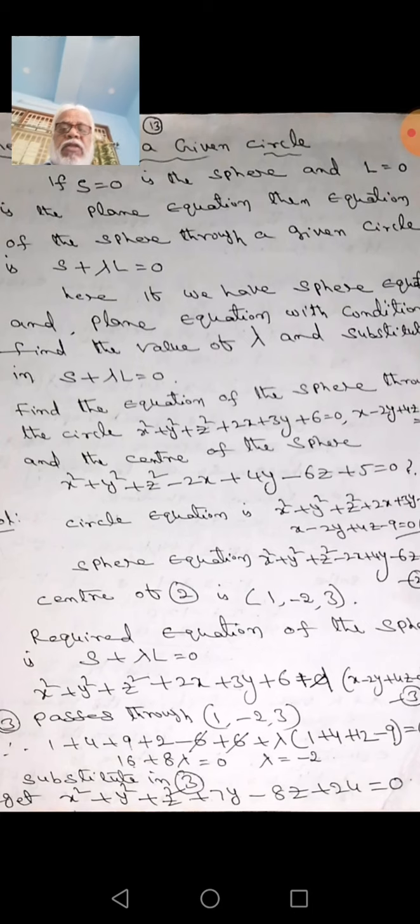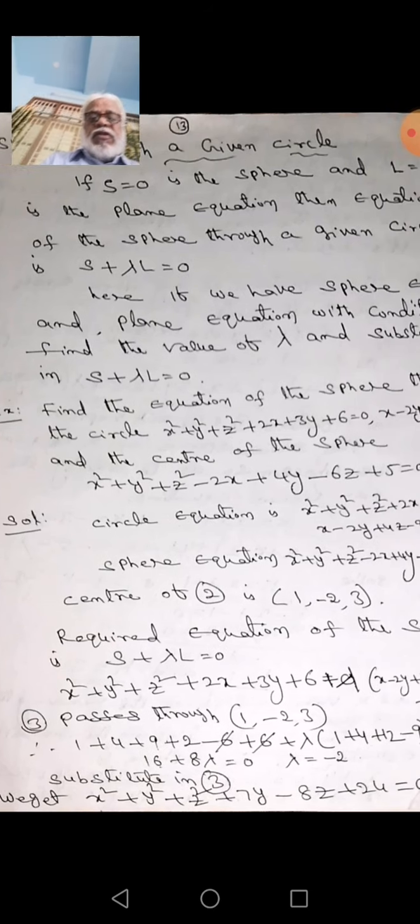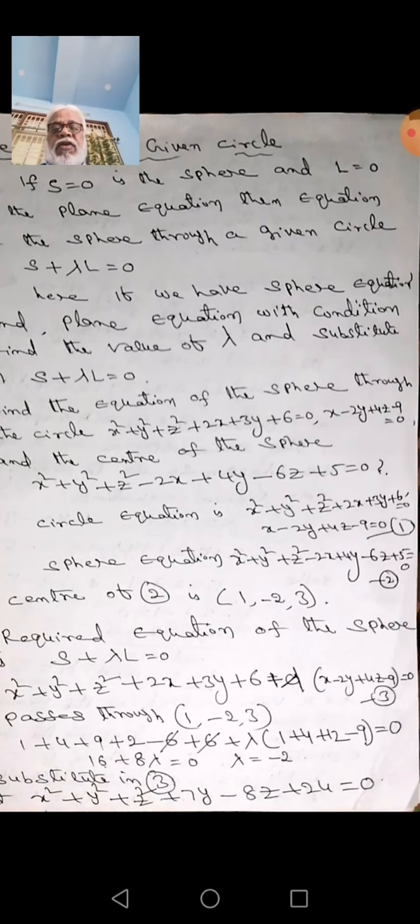In S plus lambda L is equal to 0, we substitute the values. Lambda is equal to minus 2 we get. Substituting lambda is equal to minus 2, we get x square plus y square plus z square